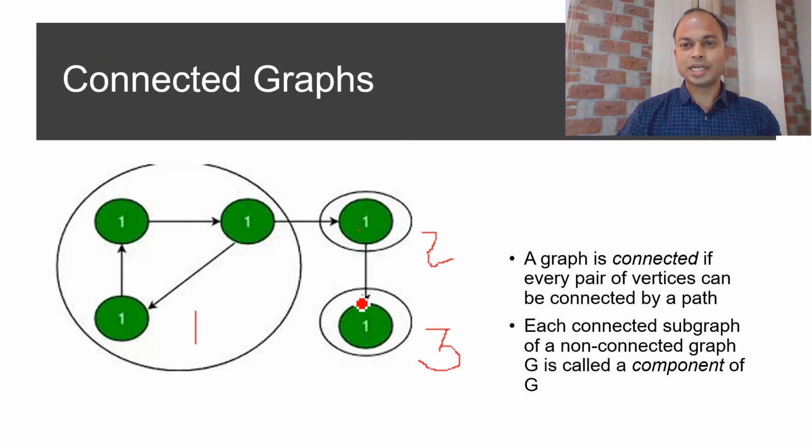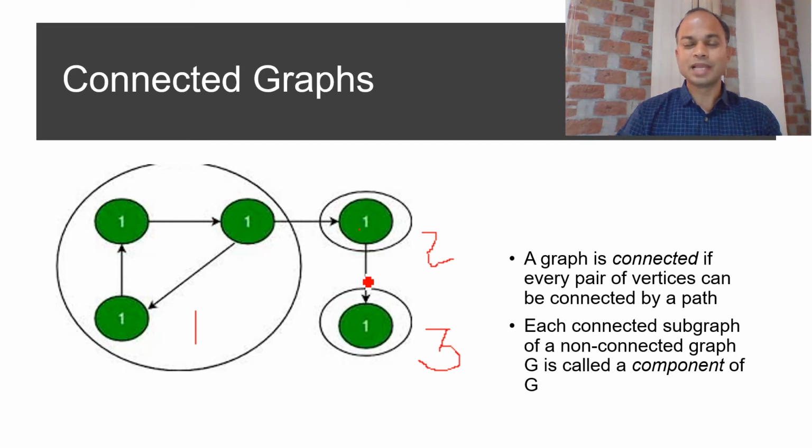If we talk about the connected graph, then we have a graph and in this graph we have, say, this particular vertex and this particular vertex. If a path is available for every pair of vertices, then this concept is called a connected graph. Say if we talk about this particular vertex and this particular vertex, then there is no path from this vertex to this vertex. So therefore, as a whole, this is not a connected graph.